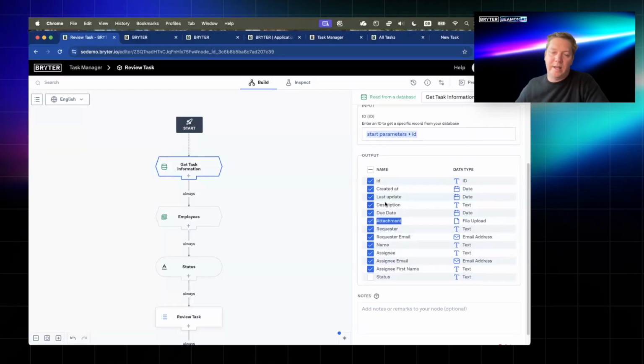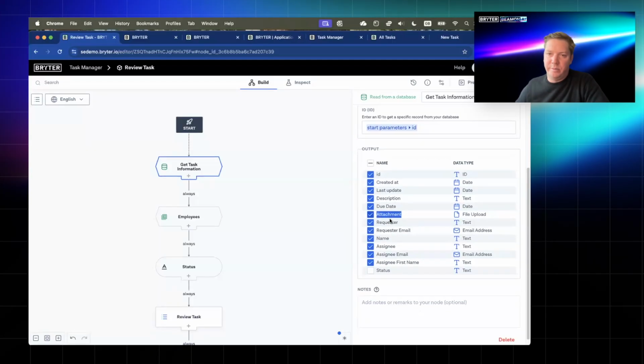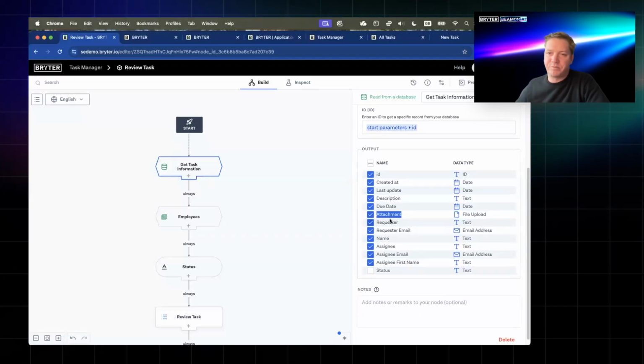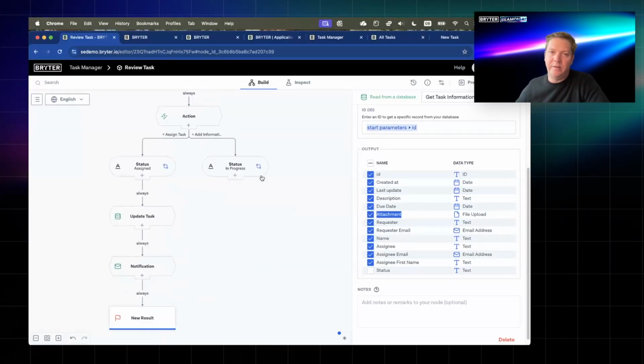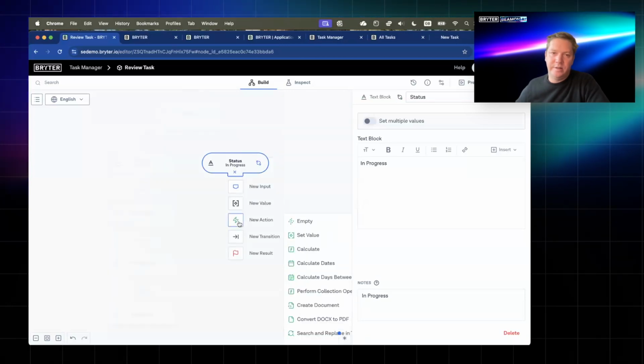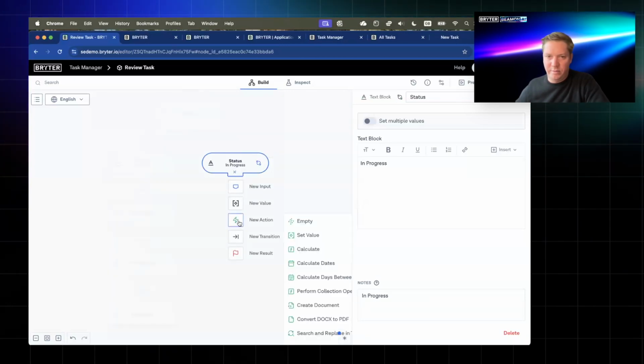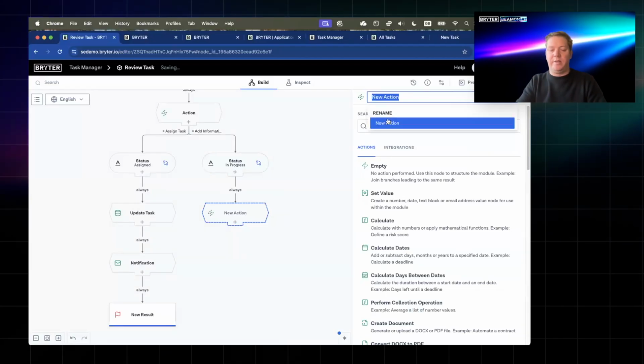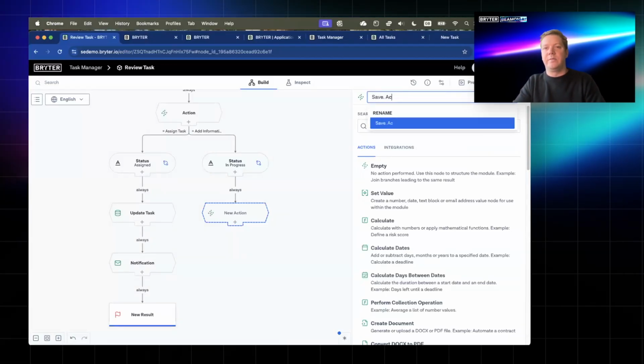We don't, as I just said, want to overwrite those because it's useful information. So what we can do is we can actually create another database called actions. So if I go into my new action and I'm going to say, let's say, save action,